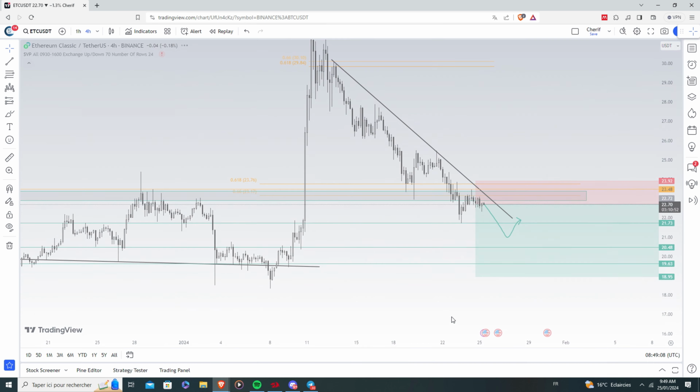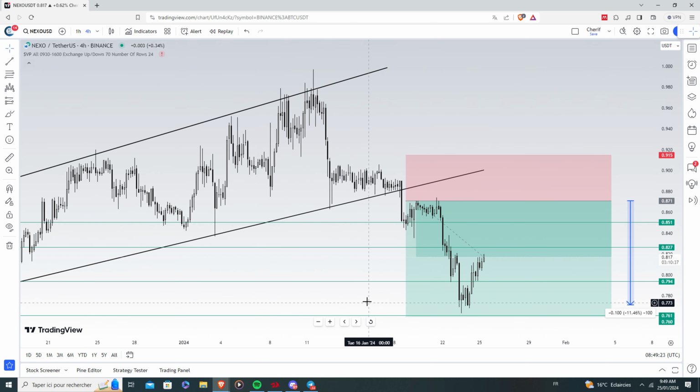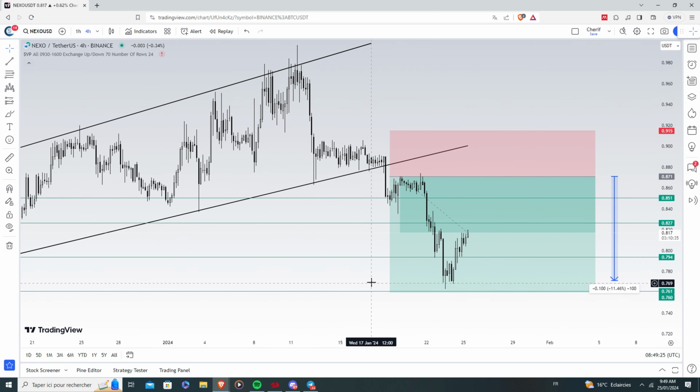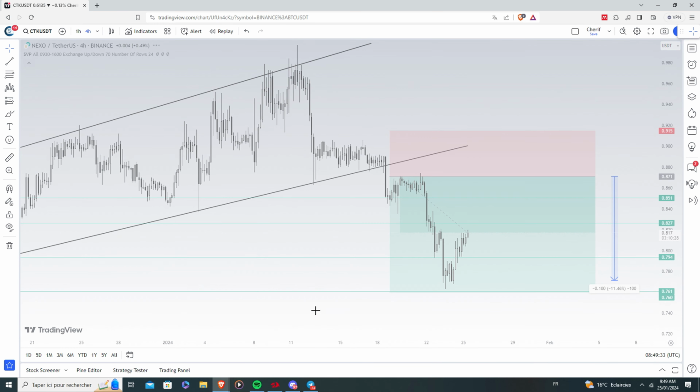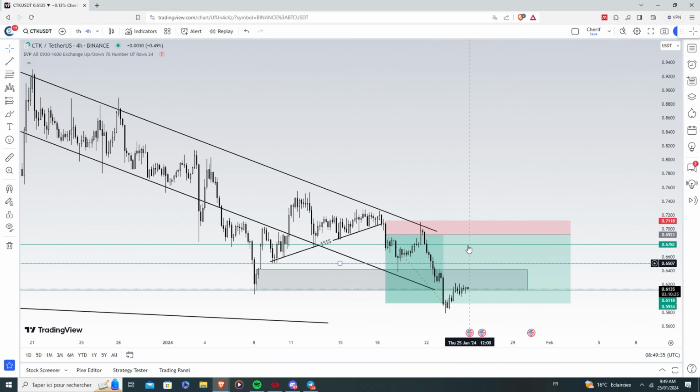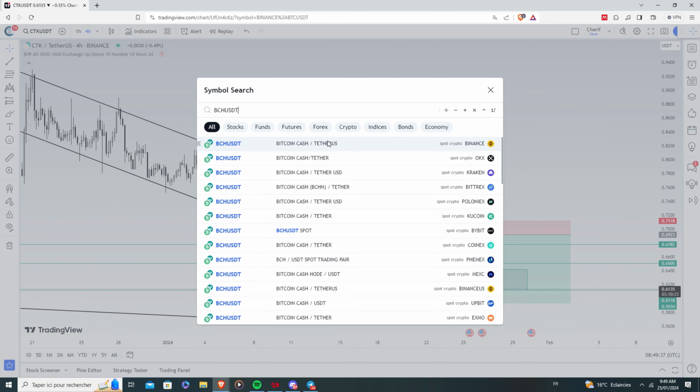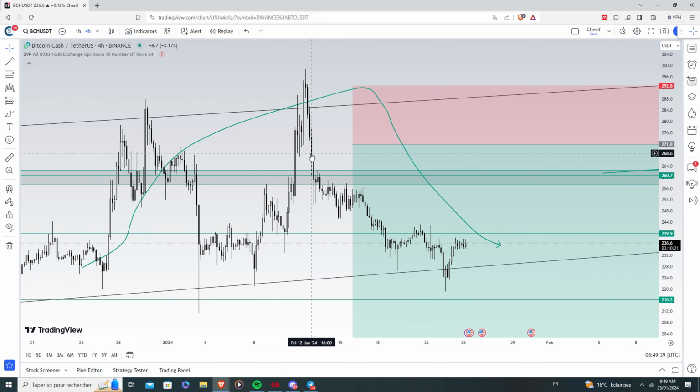Our other shorts are currently running in profits, like NEXO USDT, currently running in massive profits, over 110% profits with 10x leverage. We've got the CTK USDT as well, currently in profits, reached all TPs, 140% profits. We've got the BCH short, over